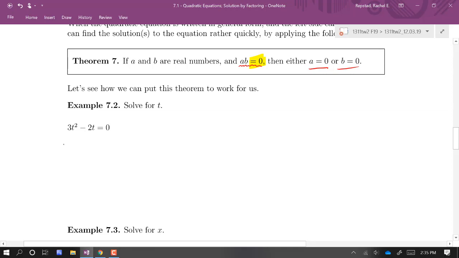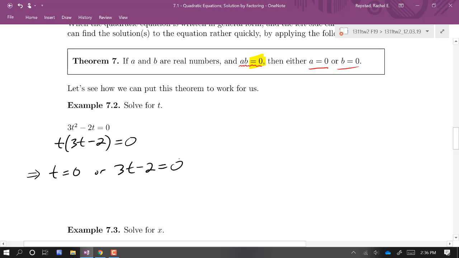Take a t out. And then what are we left with inside? 3t minus 2. So now, this is a product. I'm multiplying two things and getting 0. When we invoke theorem 7, that tells us that either t is equal to 0 or 3t minus 2 is